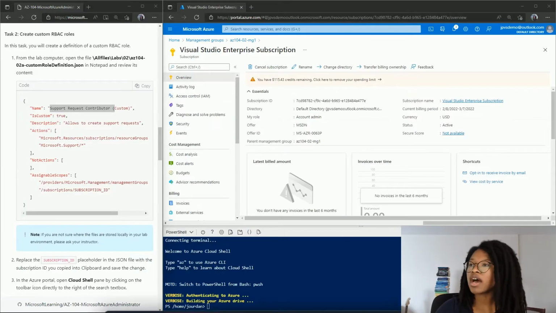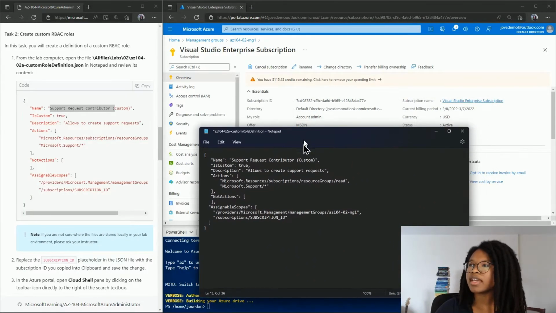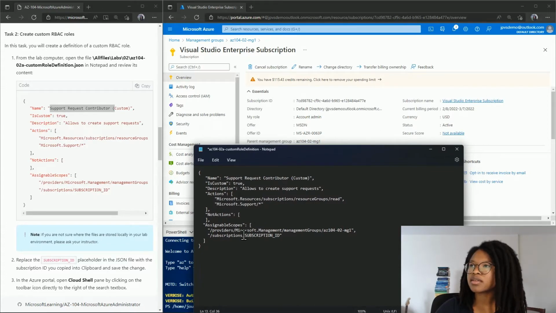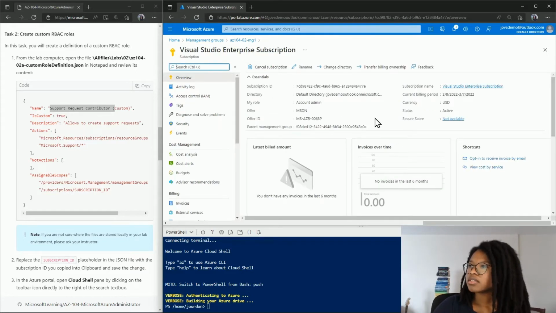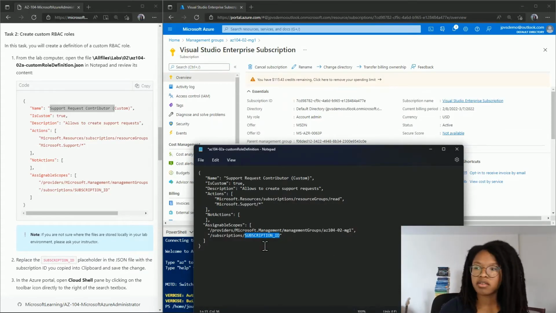Open the JSON file and go ahead and replace this subscription ID with the subscription ID that is within our management group that we can see here. We're in the management group that we have previously created. Go ahead and do that. I can easily copy the subscription ID here, navigate back to my notepad, paste that there, and I'm going to save this